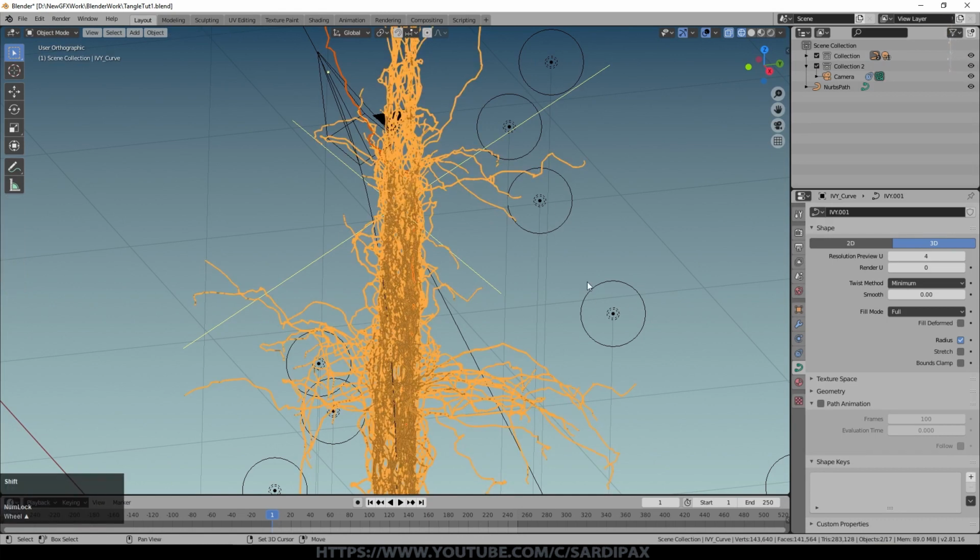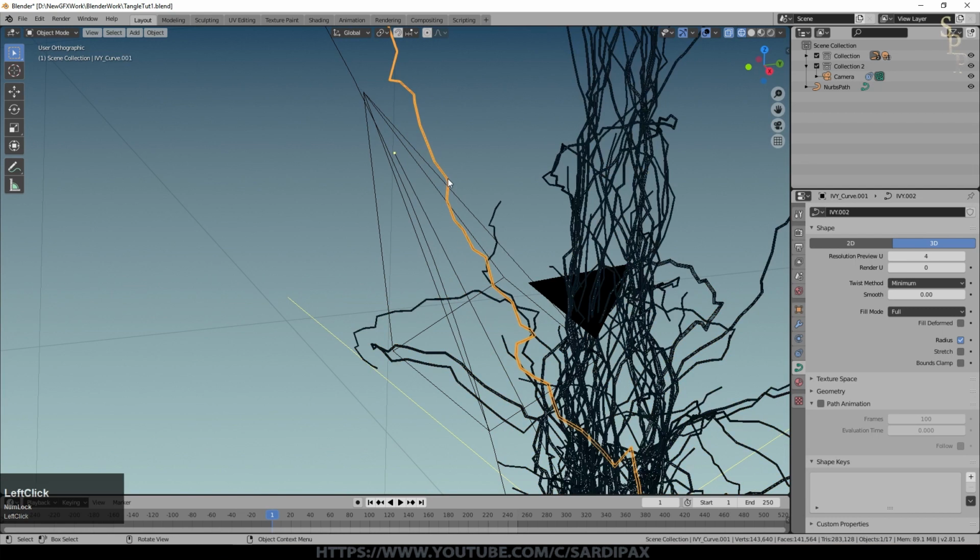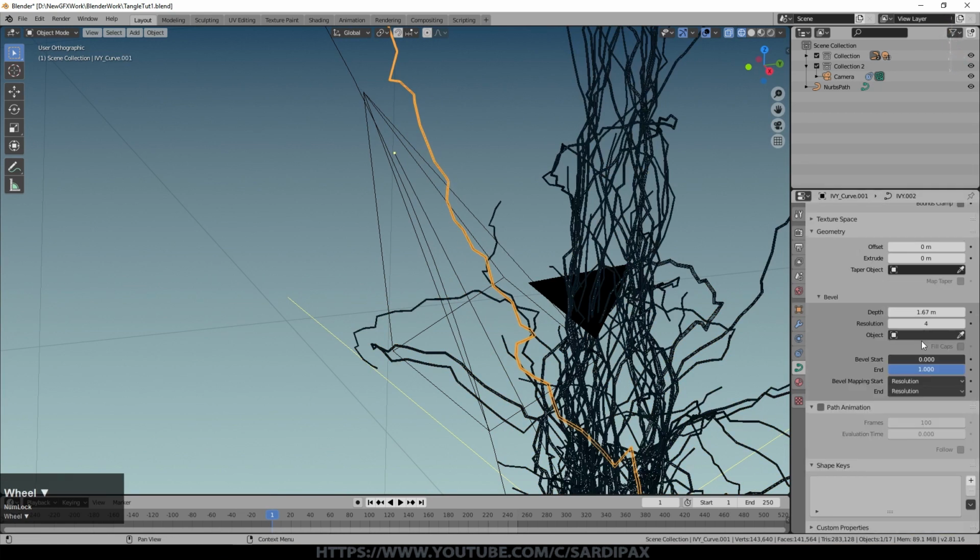And as it happens, because it was close to the camera, it doesn't matter for this example, but I actually then turned up the resolution of my bevel. Remembering on my main one, I turned this down to about 1, so it was a very angular sort of pipe. But with this one, at 4, it's pretty good. I bet you can turn it higher.